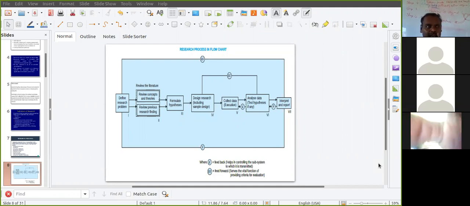Once you finalize the data collection method, if you are going with the quantitative method, you are going to prepare the interview schedule. If you are doing a qualitative method, then you are going to do some interviews or focus group discussions. You are going to choose the tools based on the data collection method. Once you finalize the tools, then you are going to commence your research work, which includes collection of data. You are going to give the questionnaires to your respondents, then they are going to answer the questions.